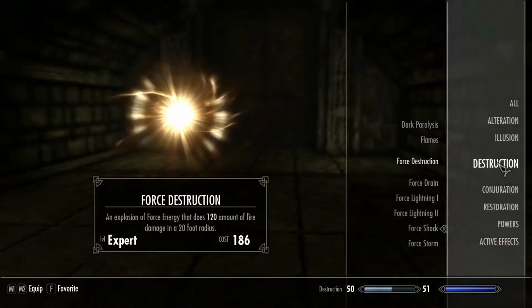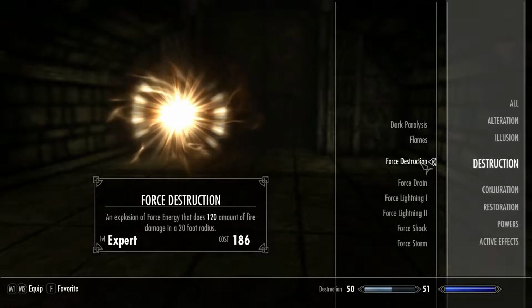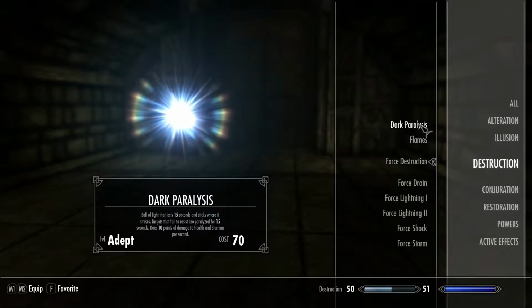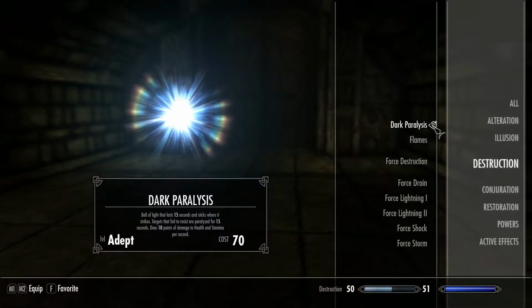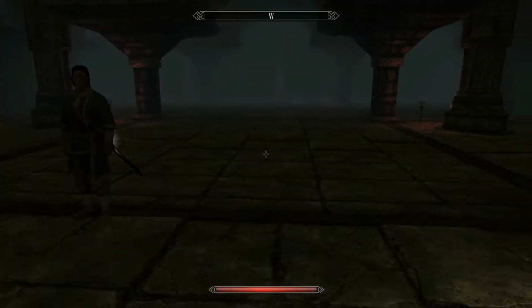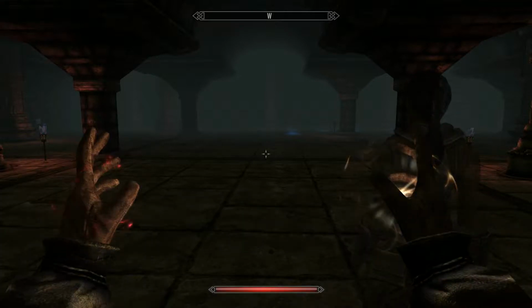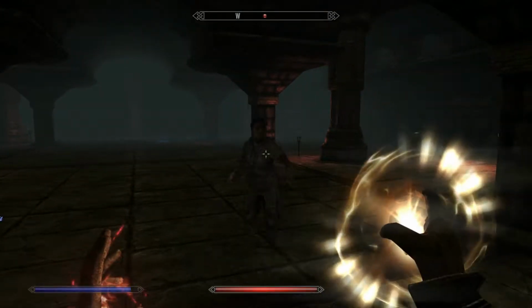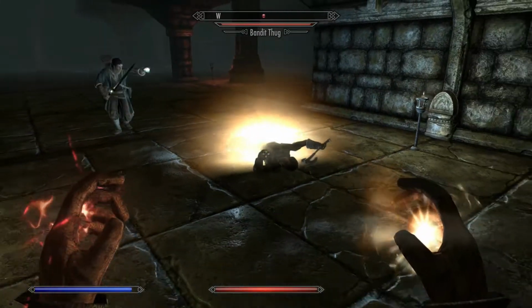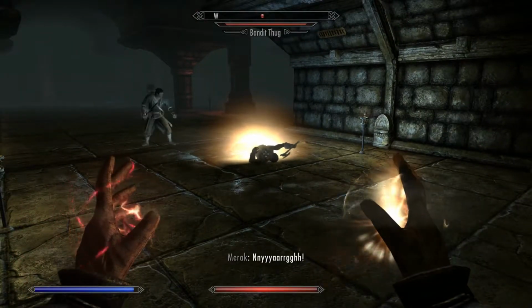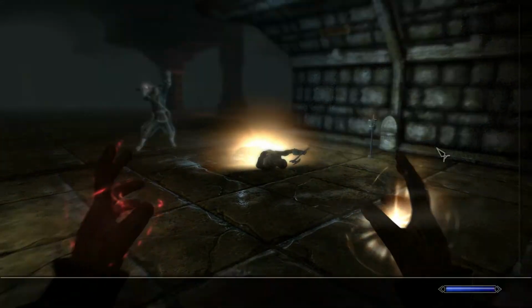Okay, so the final battle. We're going to prepare ourselves with Force Destruction, which is among the most powerful. Well, actually, no, I decided to go with Dark Paralysis first, to do a little showcase of it. So as you can see, Dark Paralysis is kind of representative of